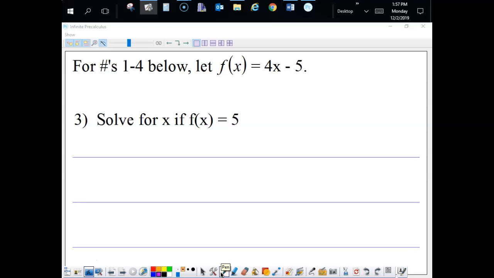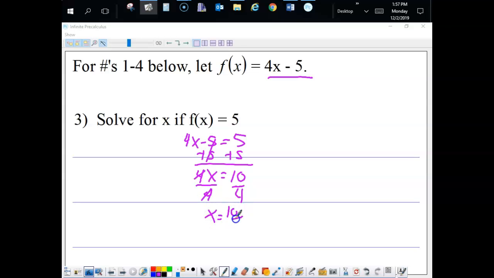So in this case, you're not going to plug 5 in for x. What you're going to do is you're going to take your function, which is 4x minus 5, and you make it equal 5, and you solve for x. So those are 2 different ways I could ask you a question involving function notation. After this, though, I think you guys know how to solve for x, so I don't think we need to chat too much about that. Is it a graph or is it